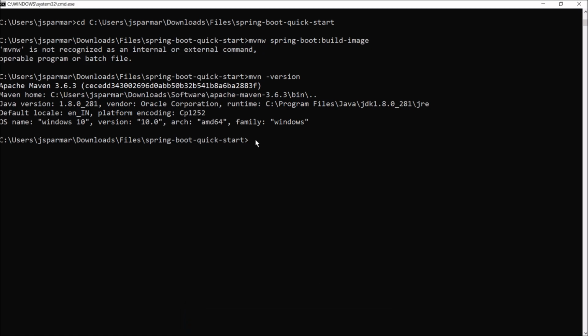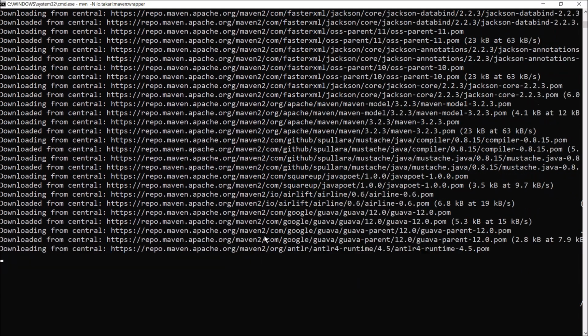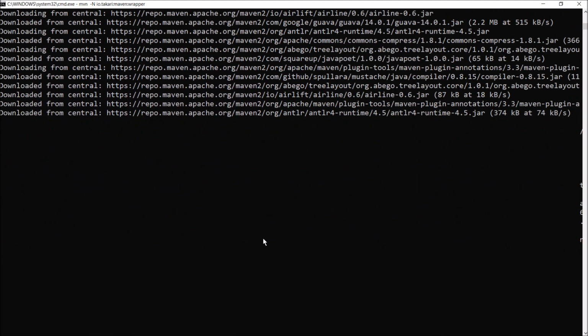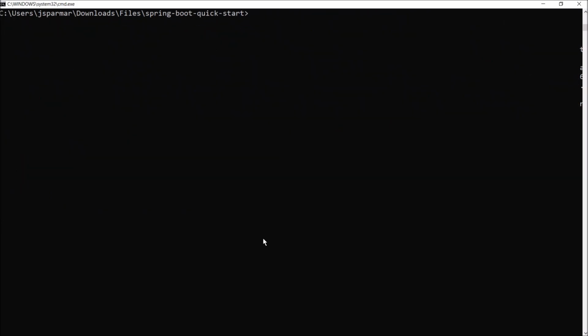So to recognize the Maven wrapper command, we need to execute one command, and that command is like mvn -N io.takari:maven:wrapper. So basically, this is the plugin. See, execution start. See, it is downloading so many things. So let it complete first, then we'll again try to execute the Maven wrapper command. See, command executed successfully. Now again, let's execute the Maven wrapper command.